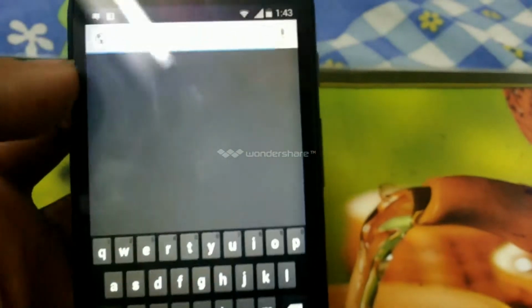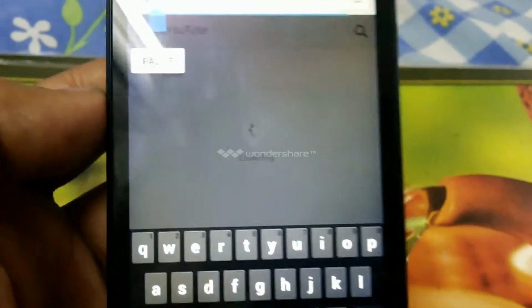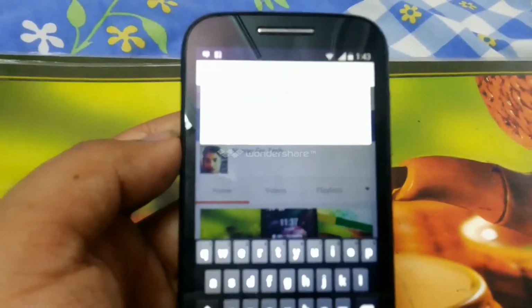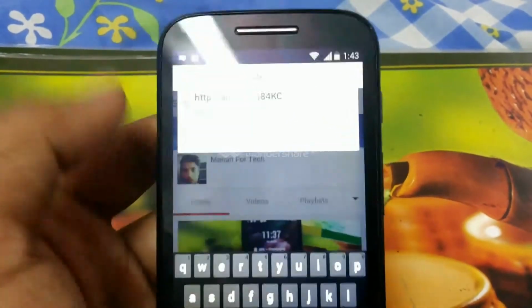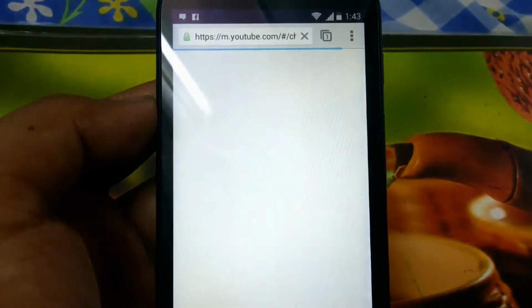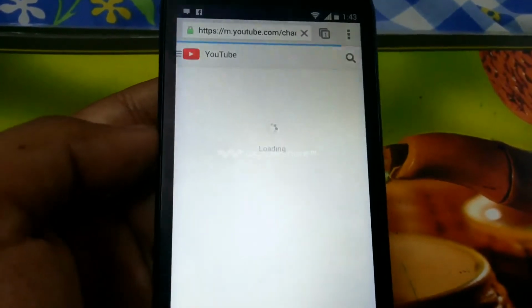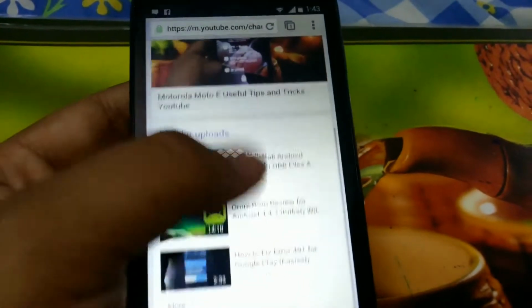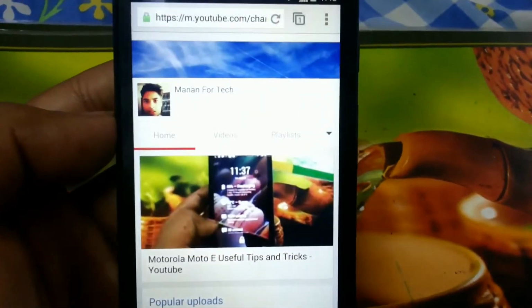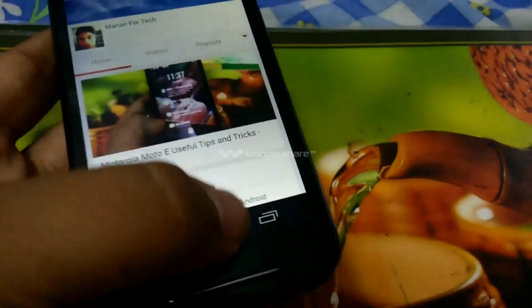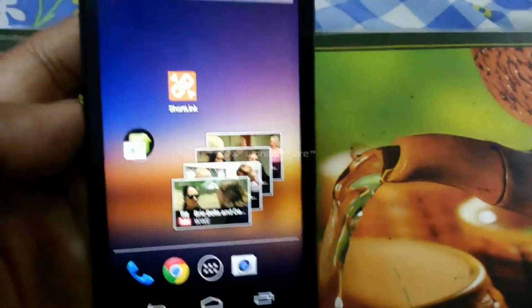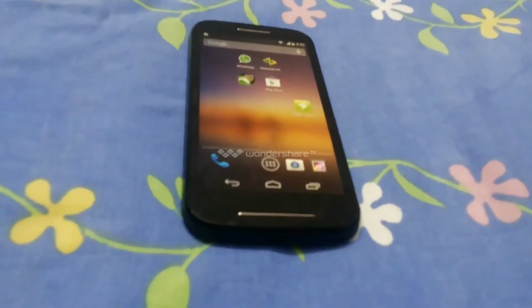So just do the same: open any browser, go to the URL address bar, paste that link, and click on the search bar to search it. Just click on it and wait for some time, and in my case it was my YouTube channel, so it works fine. So this is the tutorial for creating short links.